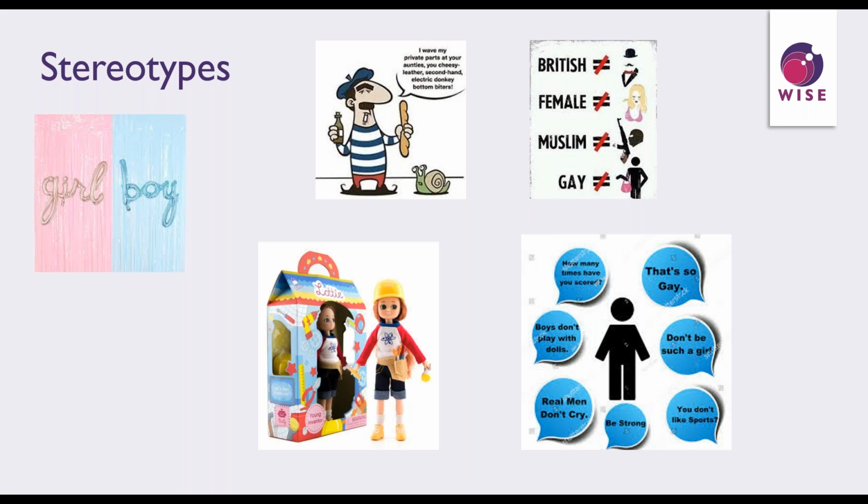biases online as well. Stereotypes are all around us from before we're born. I mean, you might have come across gender reveal parties, before this whole lockdown situation happened. And young kids aged about 3, 4, 5 already know that pink means girl and blue means boy. So these stereotypes are built from TVs, newspapers, and our environments. So, for example, where does the idea that engineering is for men come from? It's built in from such a young age.